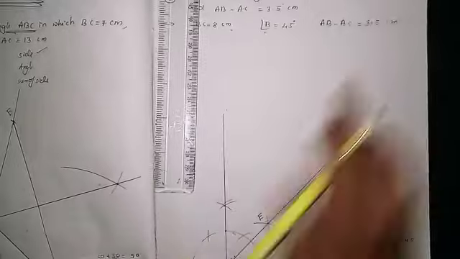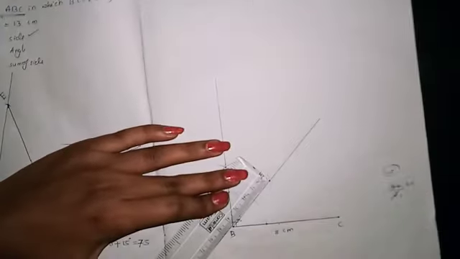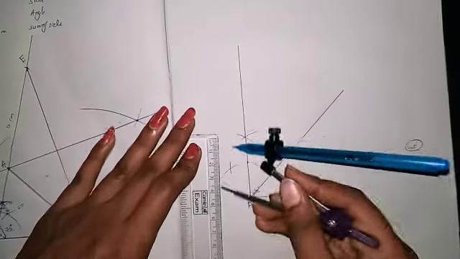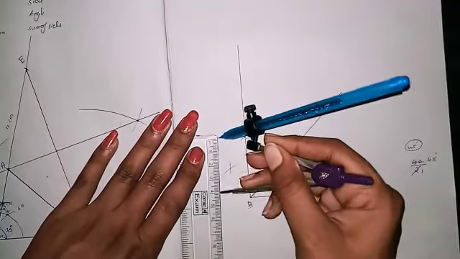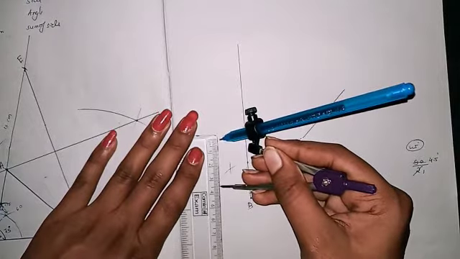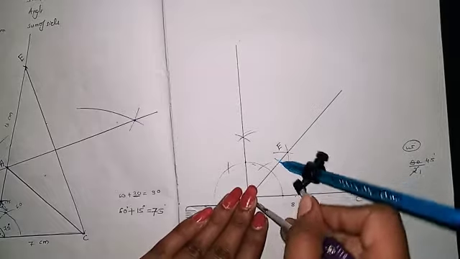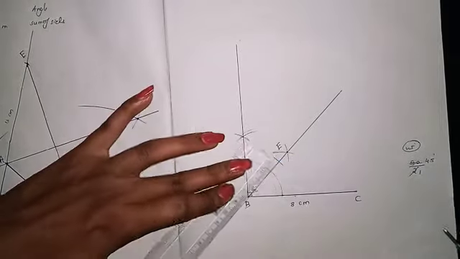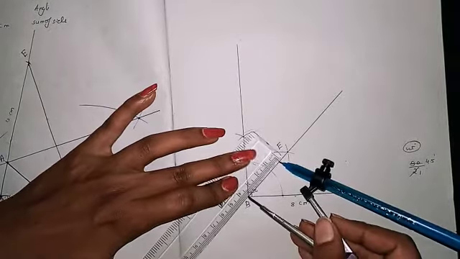So now the difference 3.5 is given. So use the scale and measure 3.5, or what you can do there, in this case it is the lengthier one, so we have used the scale to make that one. So 3.5 is the smaller one, so you can directly do from the divider. So 3.5 measure, so 0 to 3.5. So that you have to keep here. Even you can use your scale also, and you can just make the point. Okay, so it is 3.5.